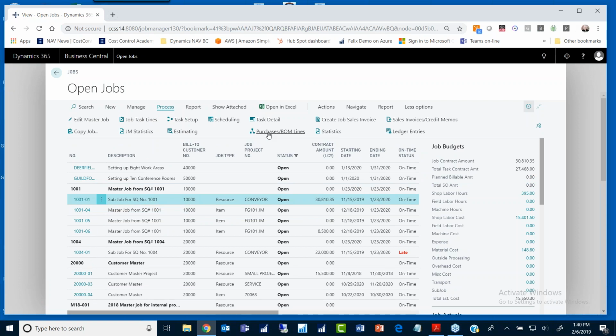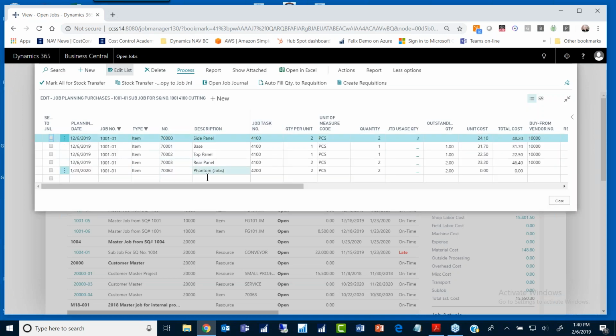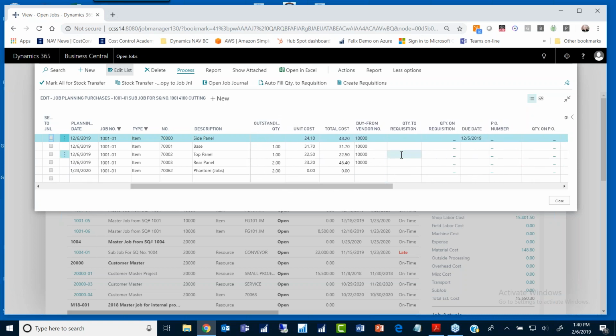So what I wanted to show in this window is all the materials that are needed for this job. So I'm on the job and I'm now looking for the materials. This is job 1001-01. This is the material list that's needed. This is, call it, need or demand. This is my demand of materials. I may have them in stock, I may not, but I wanted to be able to very quickly